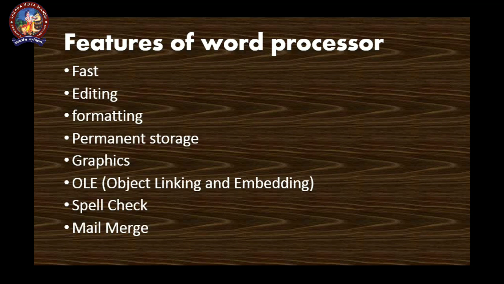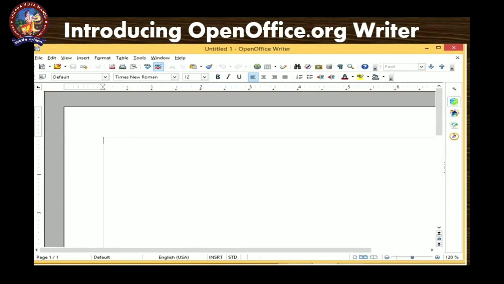Okay, so here is a view of openoffice.org Writer. So this is the word processor we are going to practice. This is the welcome page, or the opening page of OpenOffice Writer, or we can say OO Writer. It has some parts in the window. Let's see what the parts are. The first part is the title bar. Here the title of the document displays. Then it is the menu bar.